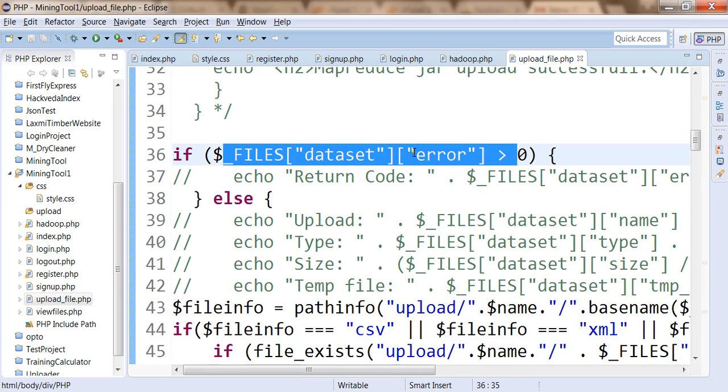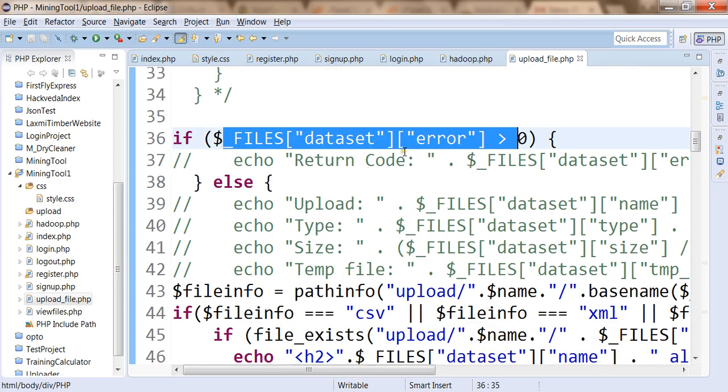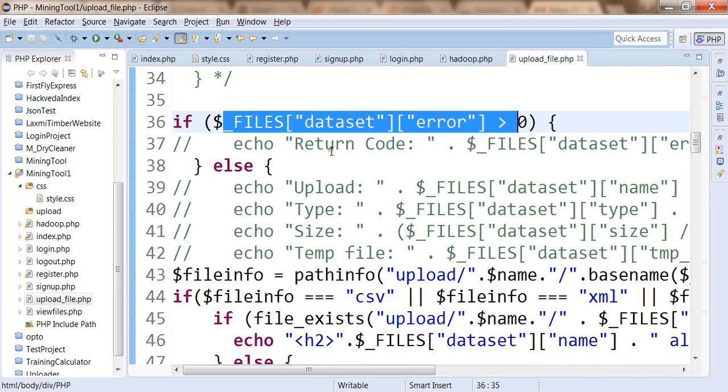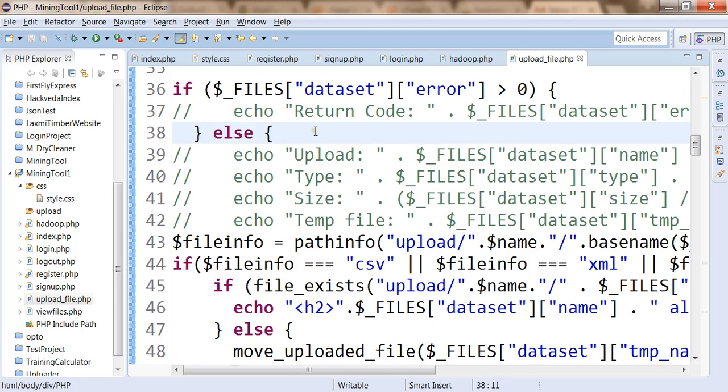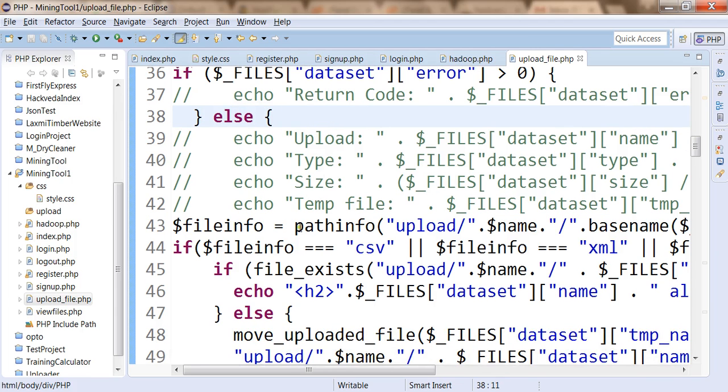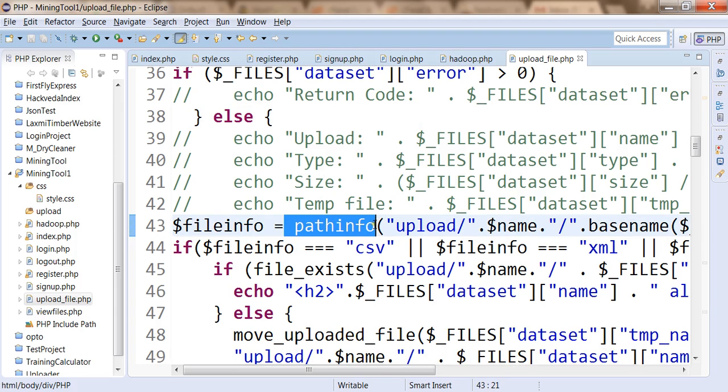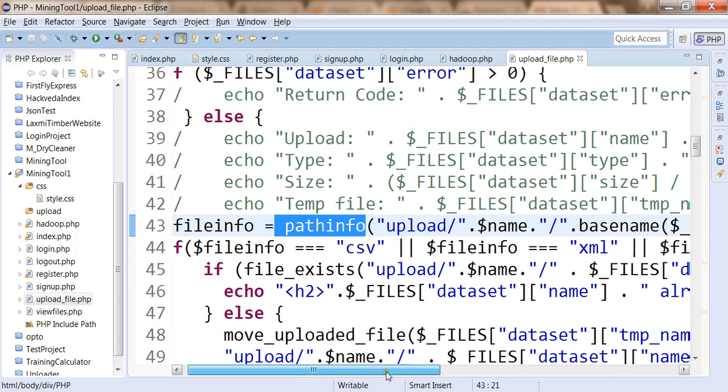once if the download URL or an existing data set value is available, then we are going to execute the else block. Within the else block, first of all, we want to get the path information using the path info function.